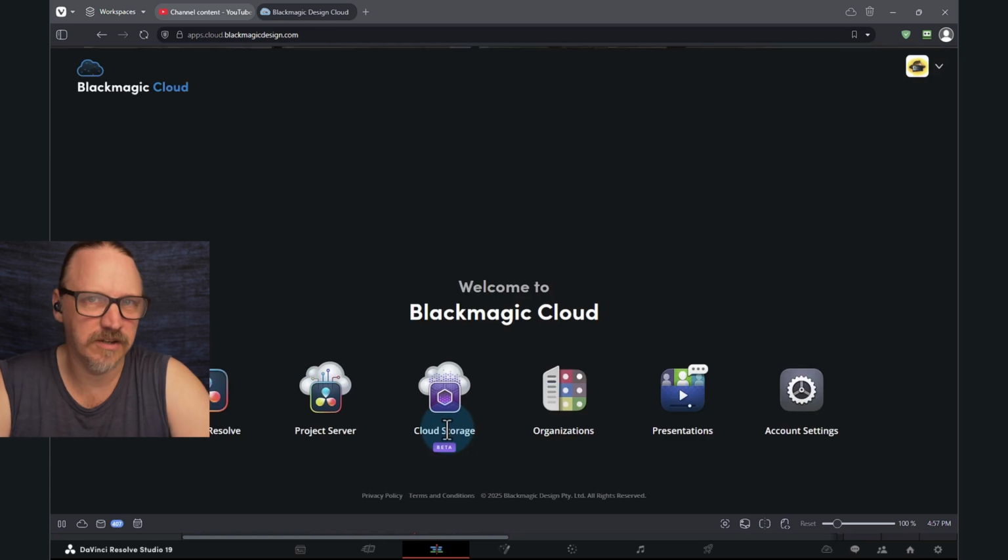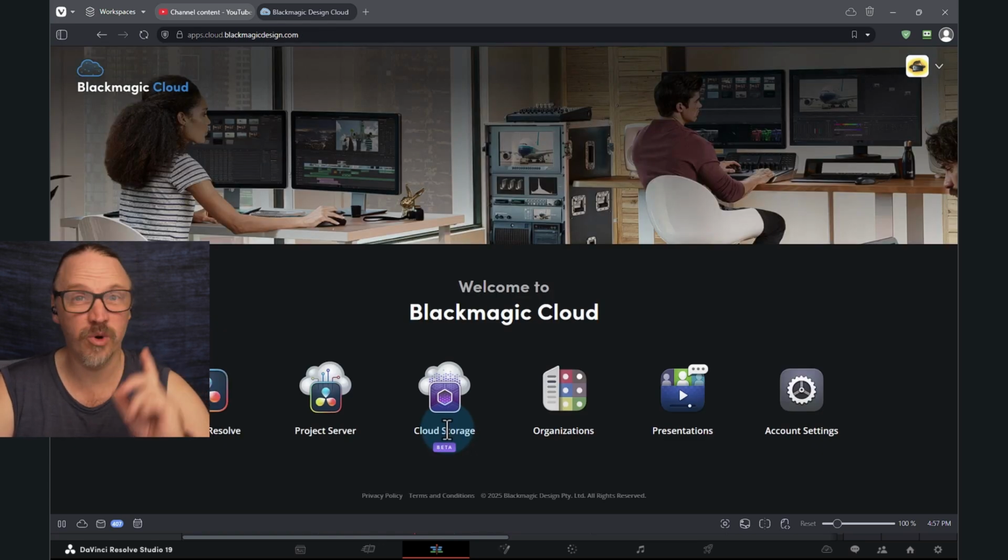So it gives you a sense of how much those services cost. And again, only one person needs to pay that, or one organization. So that's a little bit of a first look at cloud projects and collaboration tools that come with DaVinci Resolve, both the free version and the studio version. There's no difference between the two versions in terms of Blackmagic Cloud. I'm actually really pleased with it. This has worked out very well for us because we work with communities around the world, actually, that don't necessarily have the money for certain